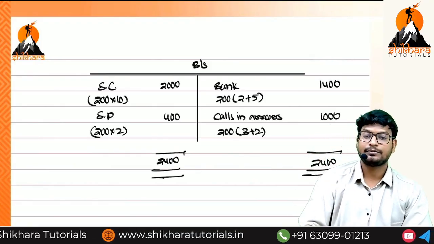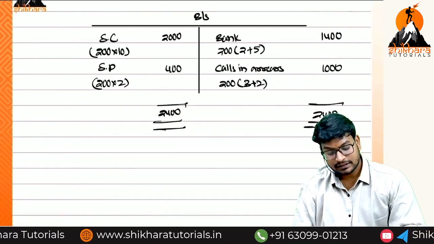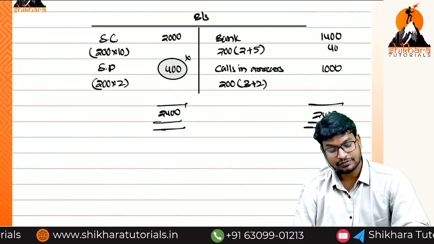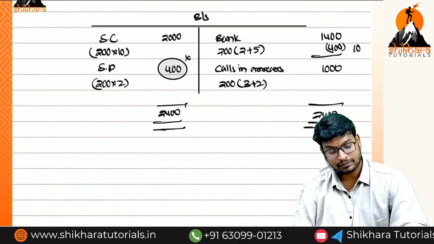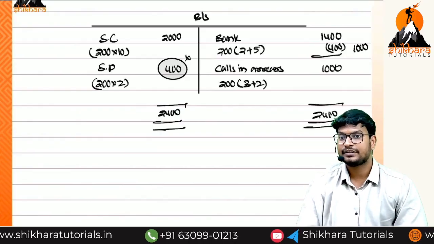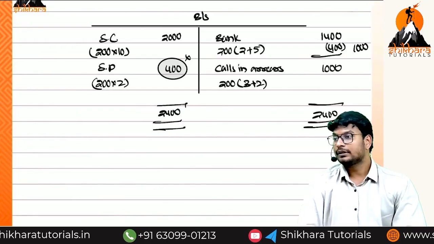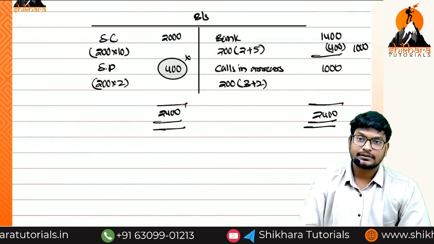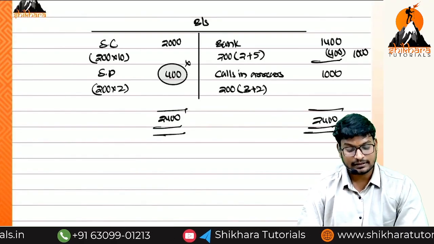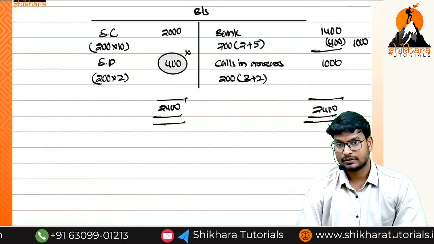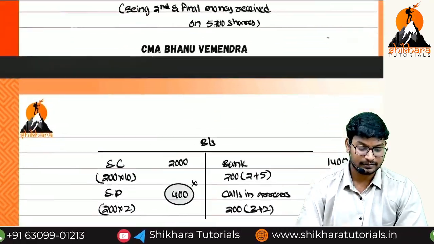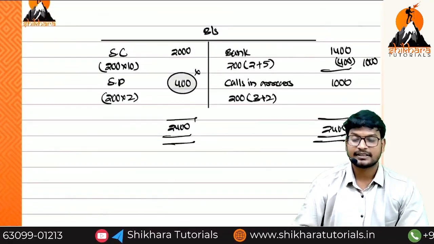2400. What can we do now? We should not reduce the securities premium. This amount we have to reduce from bank. What is the total amount we have to reduce only? So 1000 only we should transfer to the share forfeiture account. Now what is the entry? Share capital account debit, securities premium we should not use. To share forfeiture 1000, to calls in arrears 1000. Okay guys? Write that one. So what is the entry number? 10.